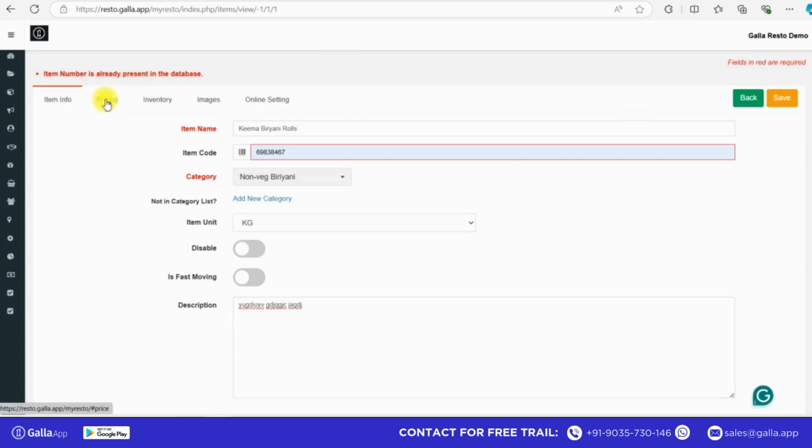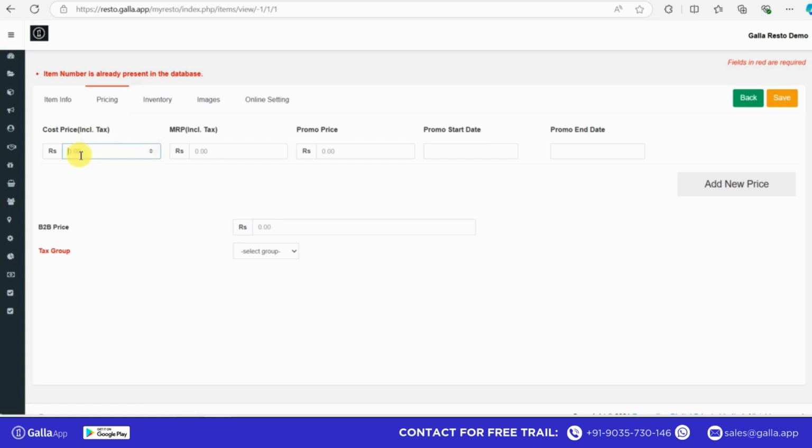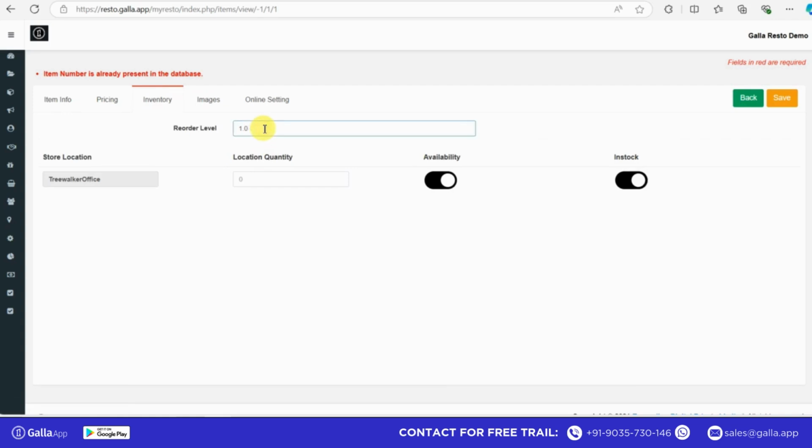Once done, go to pricing. Select the cost price, MRP, promo price, promo start date and the ending date, B2B price. Select tax group based on your business module. Let's say it's 5%. Now go to inventory, fill in the details, reorder value,